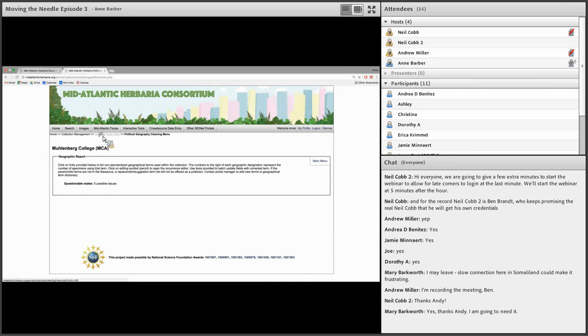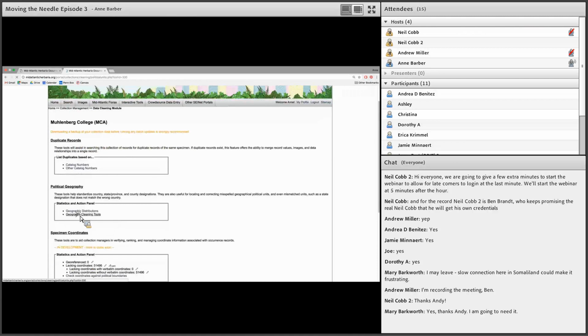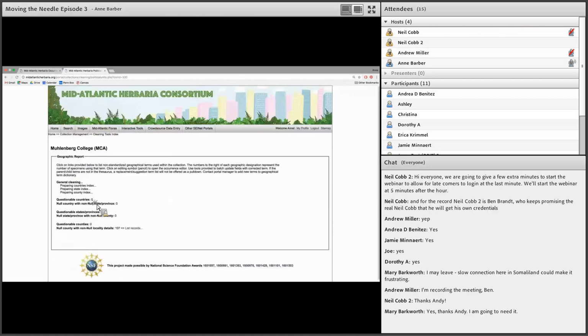All right, so then we'll go back to Cleaning Tools Index. That brings us back to where we started, and we'll go back to Geography Cleaning Tools again. And we'll run it again. All right, so it's showing that we took care of the questionable state provinces category. Now the rest of these questionable counties didn't find anything unusual there, but it did find several null county with